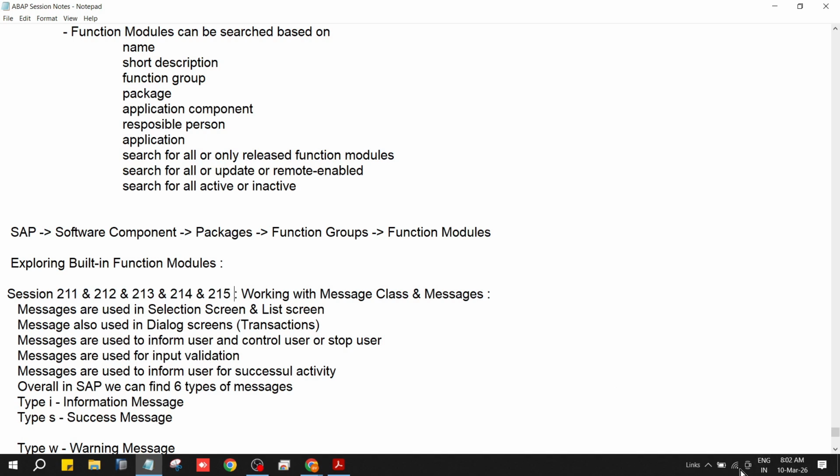So quick recap from the beginning. We have done the introduction, picture, dictionary, basics, tables, then modularization techniques like macros, source code modules, like macros, includes, and procedures like subroutine and function modules. Now, after that,